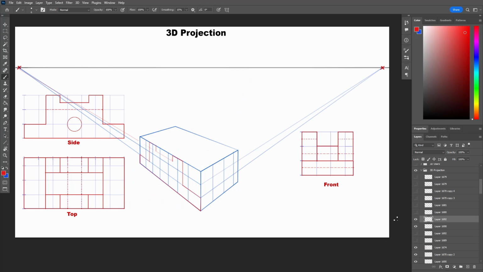The sides of this object go all the way to the back, as we see it in the top view. So let's draw it there.